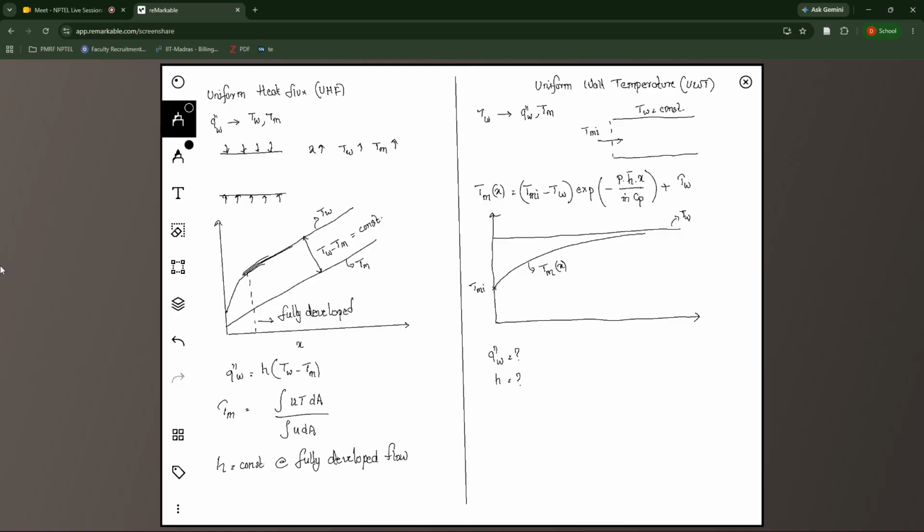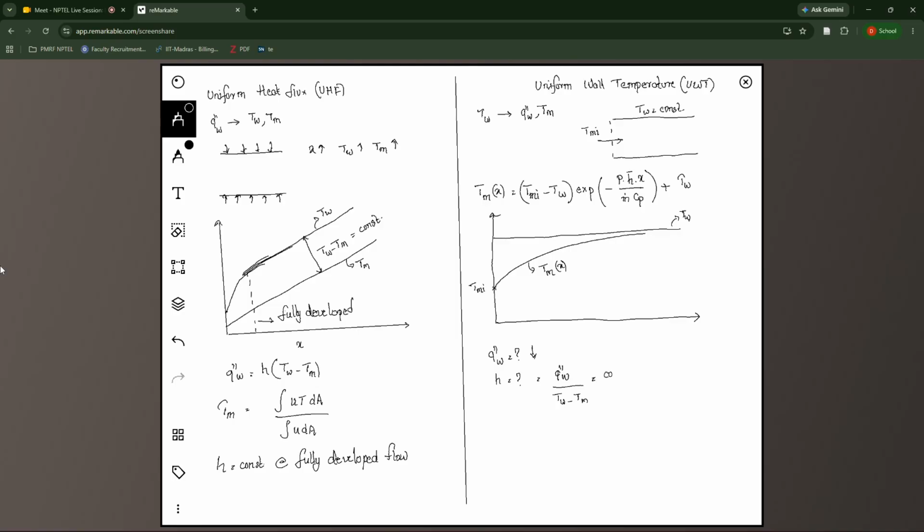Now initially the temperature difference is high, so there is more driving force, so there is more heat flux. But as we go along the flow direction, the temperature or the potential of the fluid also increases and becomes closer and closer to the wall temperature, which means the heat flux will keep on reducing as we go further and further downstream. So qw'' will keep on reducing and the temperature difference also reduces. So this means the ratio h, which is defined as the ratio of qw'' to Tw minus Tm,